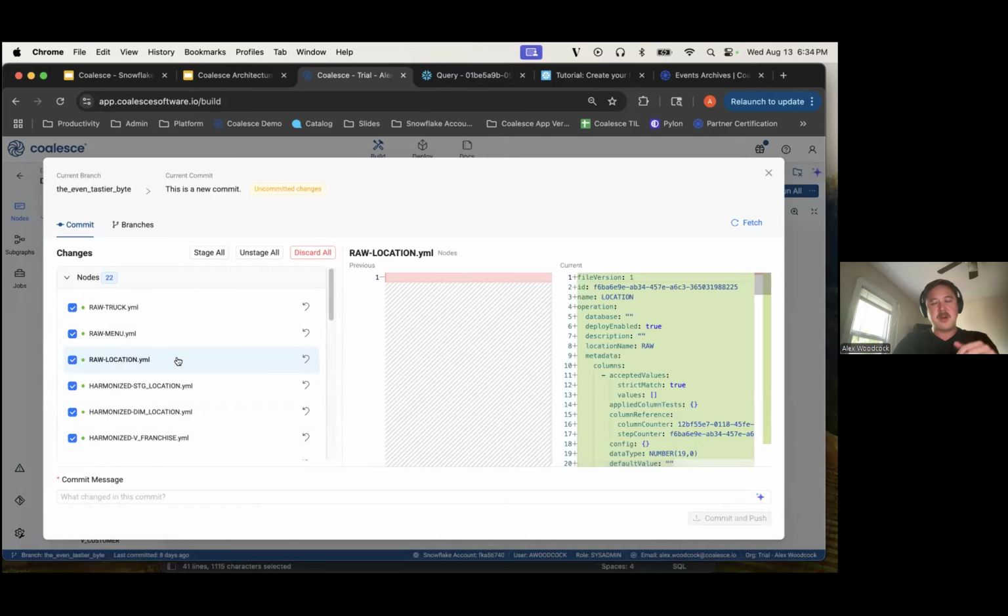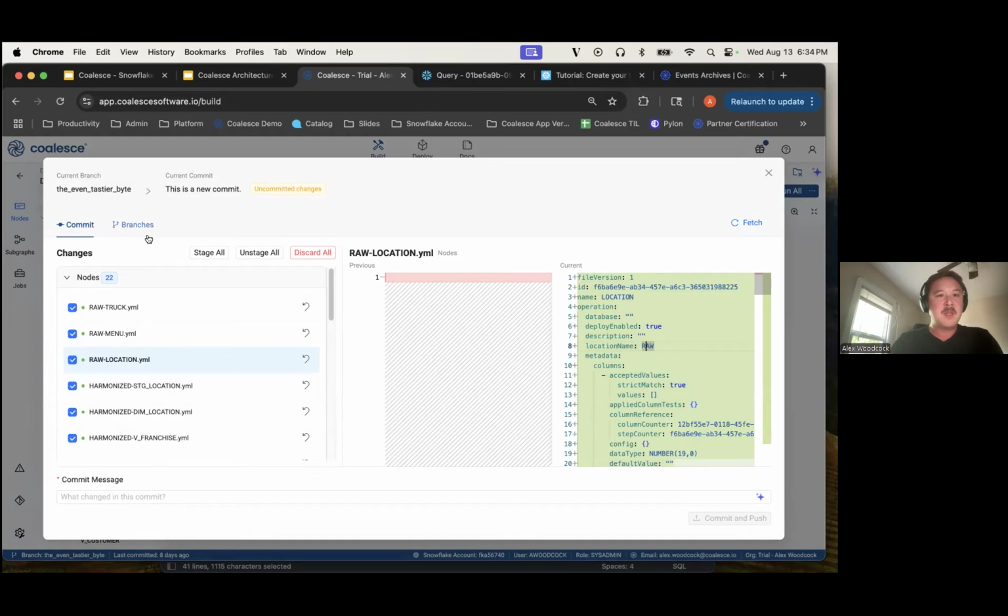You can see you get a nice kind of diff checker. Looks like this raw location wasn't in there from my last commit. And this is all of the metadata that is associated with that given object. So this is what that looks like. These are the types of files that get committed there. And when you go to deploy to a higher environment, it pulls from that GitHub repository. So it's not necessarily what is on your screen at that given moment, but it's what has been committed